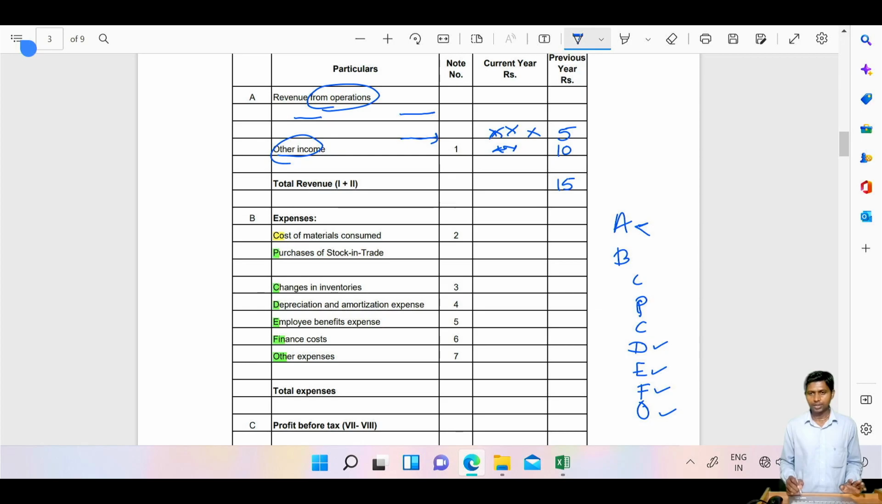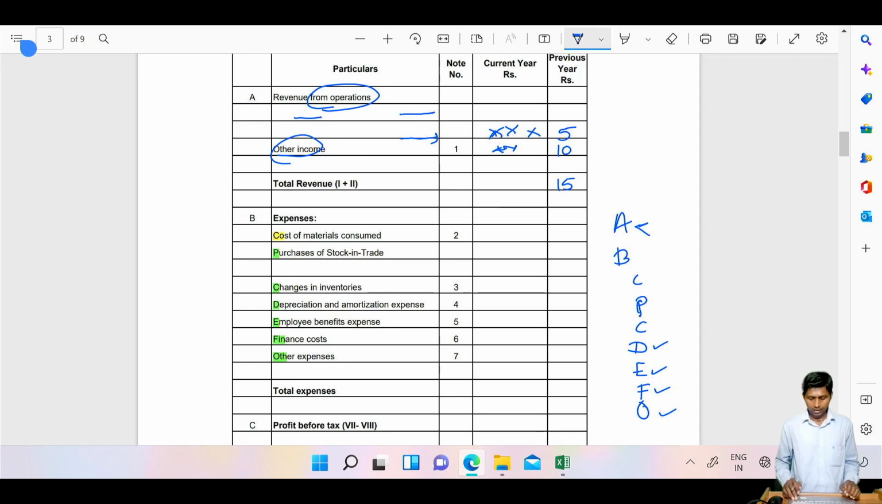Understood? After writing total, you get some marks in the exam. For the credit side, 3 to 4 marks, and for the debit side, the remaining 5 to 6 marks, and 1 or 2 marks for finding profit or loss. Then